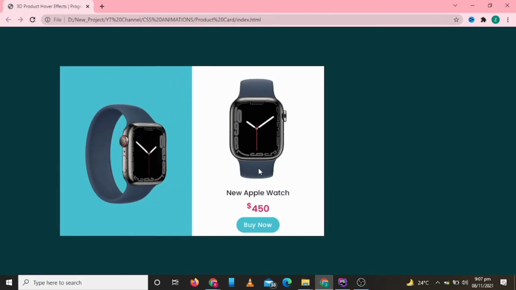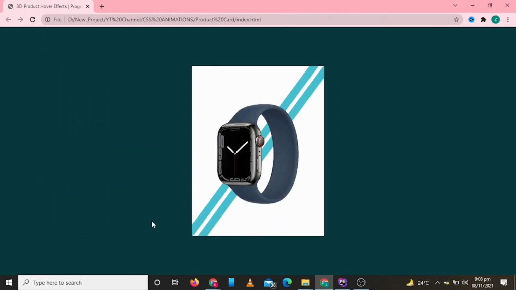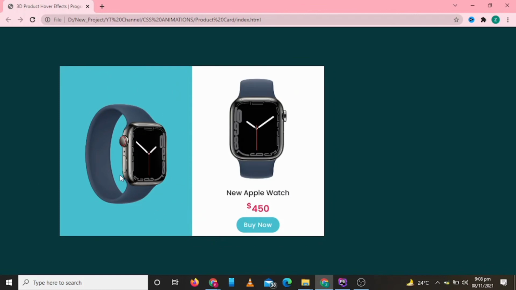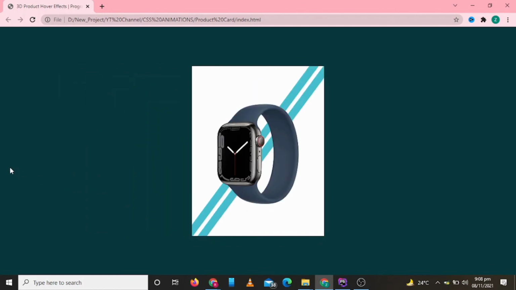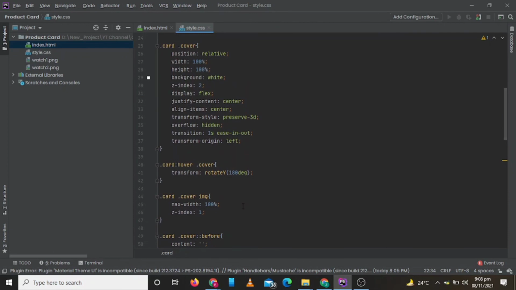Our card is moving from the back, so it should be moving from the front. So let's change our rotation from 180 degrees to minus 180 degrees and also move our details towards the right side.